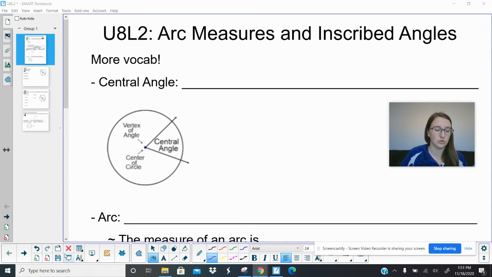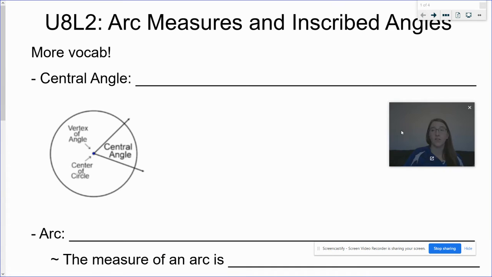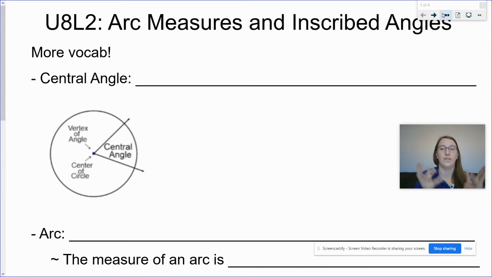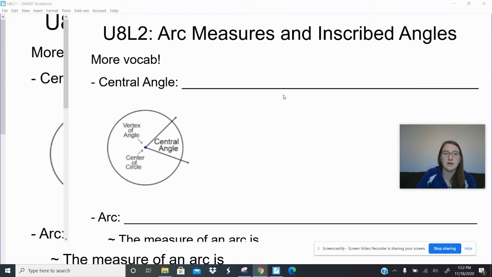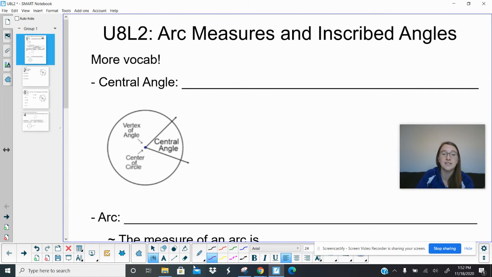Okay, for lesson 2. So again, these first 2 lessons, like I kind of said in the first video, it's a lot of front-loading vocabulary so that we can work with it. So make sure we keep this all nice and neat and organized so that we can refer back to it later. So first thing we have here to talk about is we're talking in this lesson about angles and arcs,